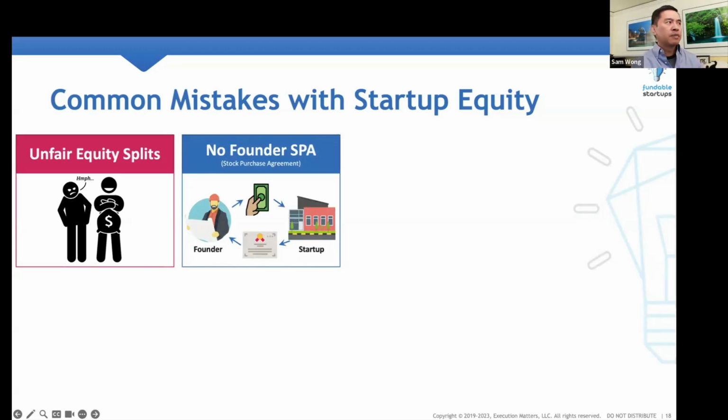Another challenging mistake is no stock purchase agreements from the founders. A lot of founders just do a handshake and say, well, okay, you take this percentage, I'll take this percentage, and you're off to the races. Well,